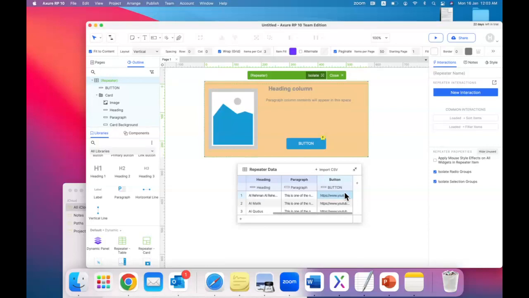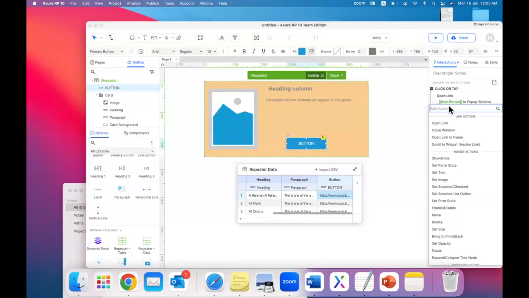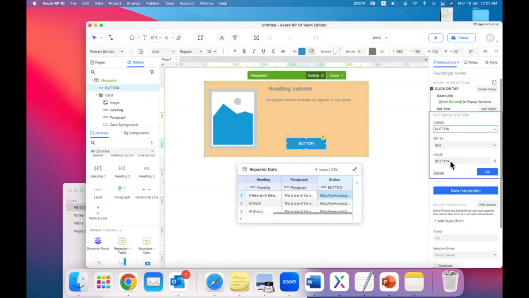Click on OK. Now I have to link the button with the variable name that we stored inside the global variable var1. So add an action,